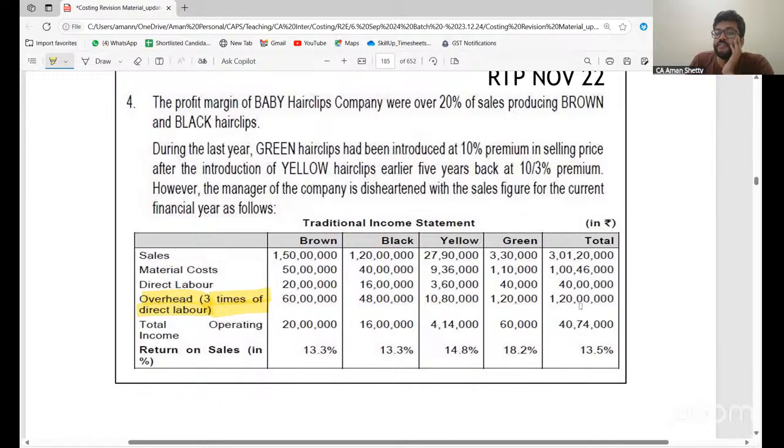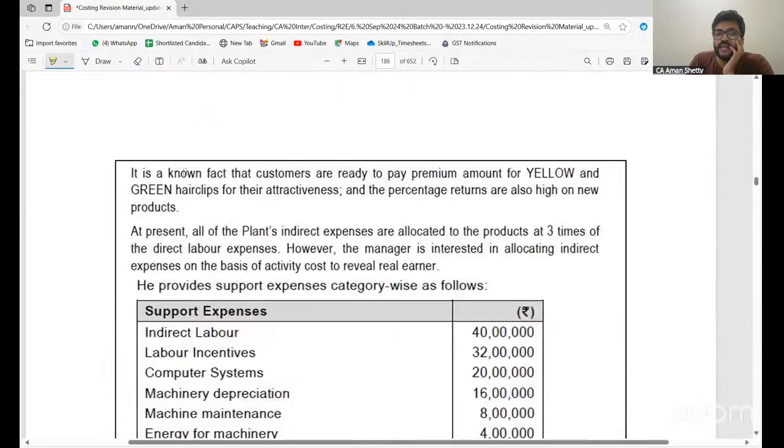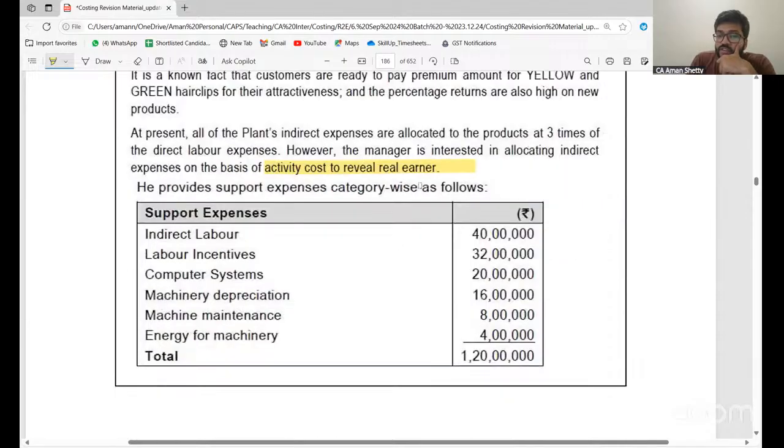Overall 13.5%. So it doesn't look that great to him. Therefore, it is a known fact that customers are ready to pay a premium amount for yellow and green hair clips for their attractiveness, and the percentage returns are also high on new products. At present, all of the plant's indirect expenses are allocated to the products at 3 times of direct labor expenses. However, the manager is interested in allocating indirect expenses on the basis of activity cost to reveal the real